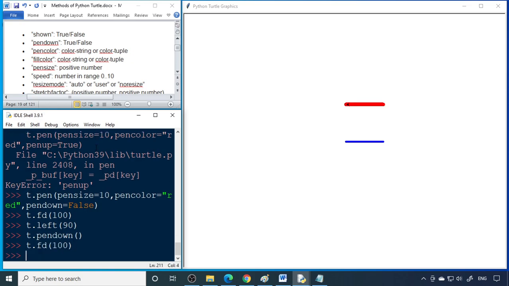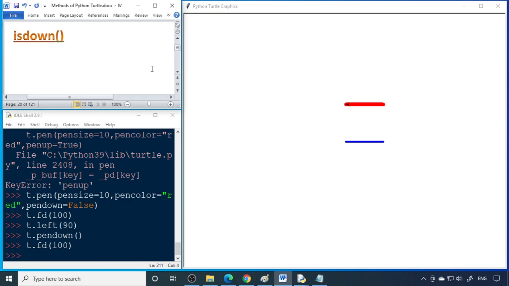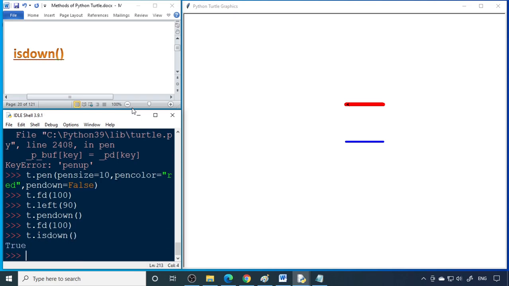That is 10 and the color is red, which is what is set here. Now to check is down, t dot is down. We'll check the status, true or false. Is it down or not? Presently it is down. Sometimes we're not very sure whether it's down or not, so that can be checked using is down.